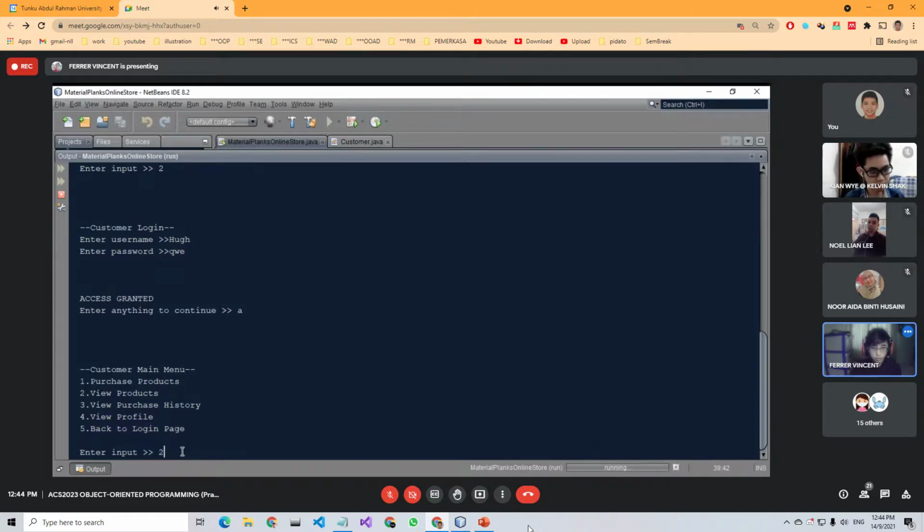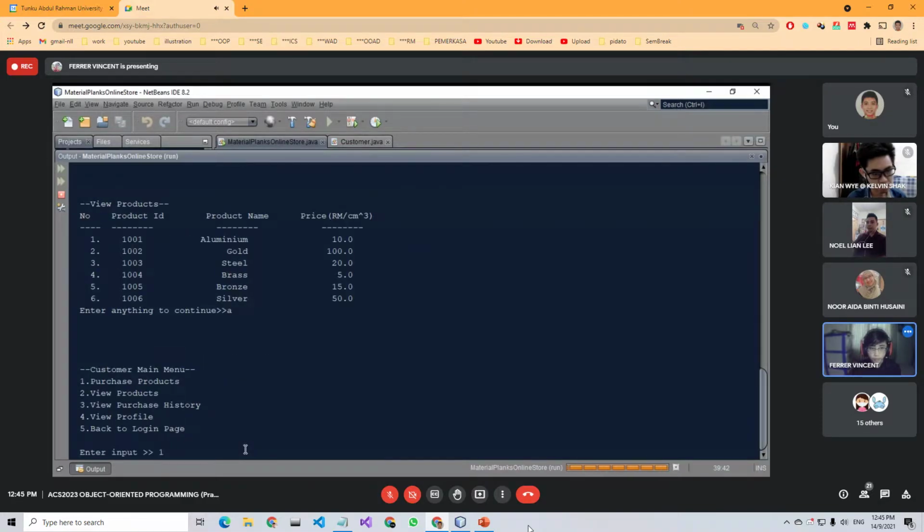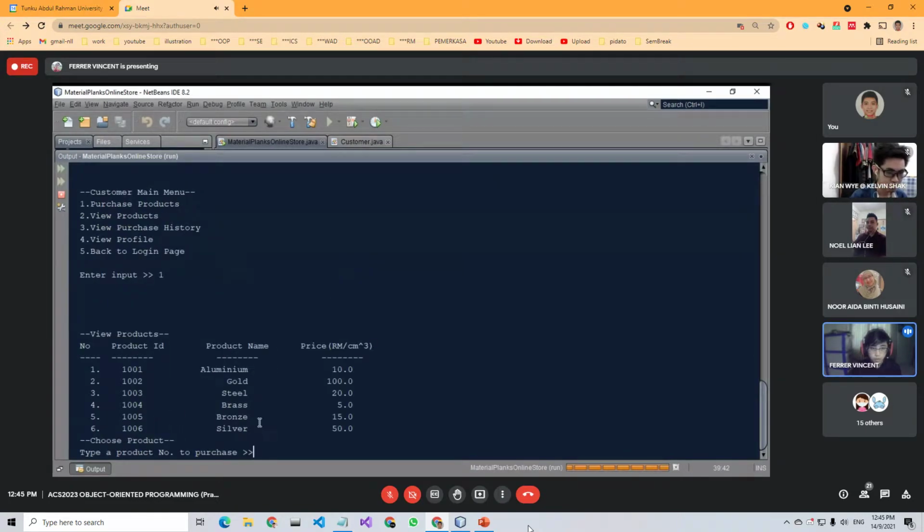So first, we'll check what products are here. Here we can see aluminium, gold, steel, brass, bronze, and silver. And after that, in order to purchase, we go back and go to option 1, purchase products. To choose a product, we just follow the product number. Let's say we buy the product brass. So type 4